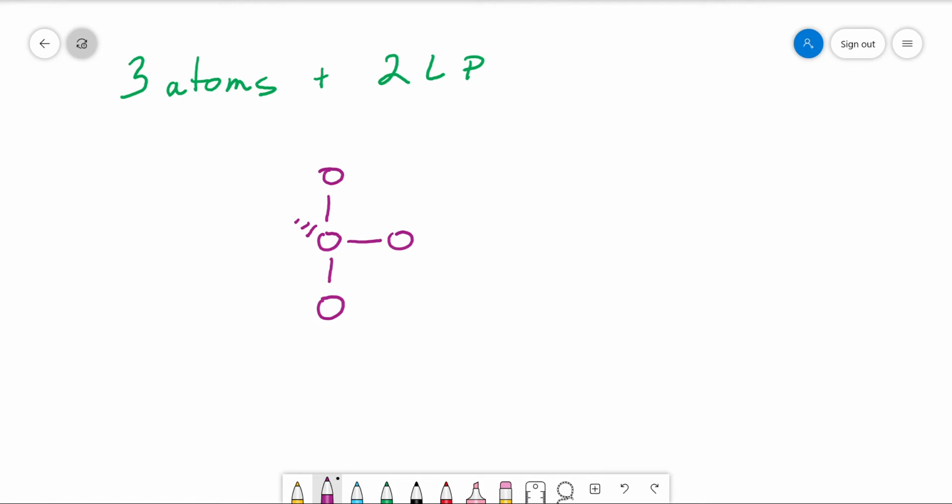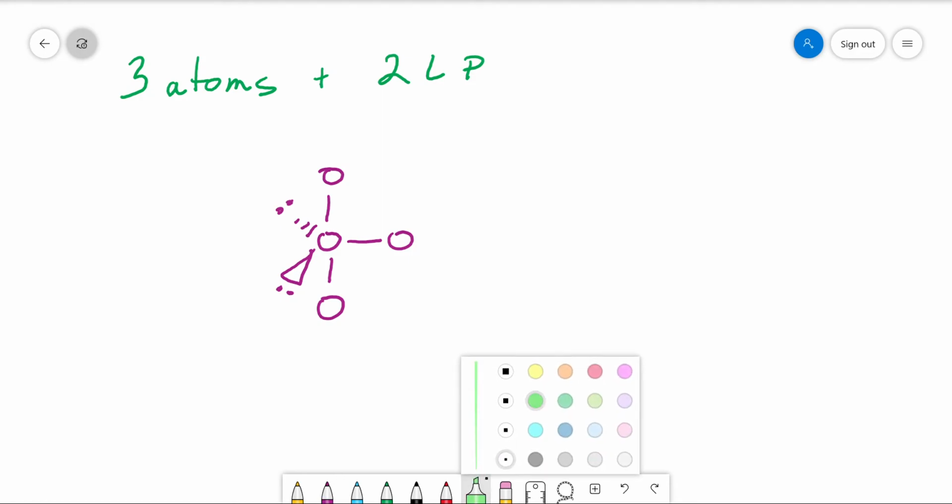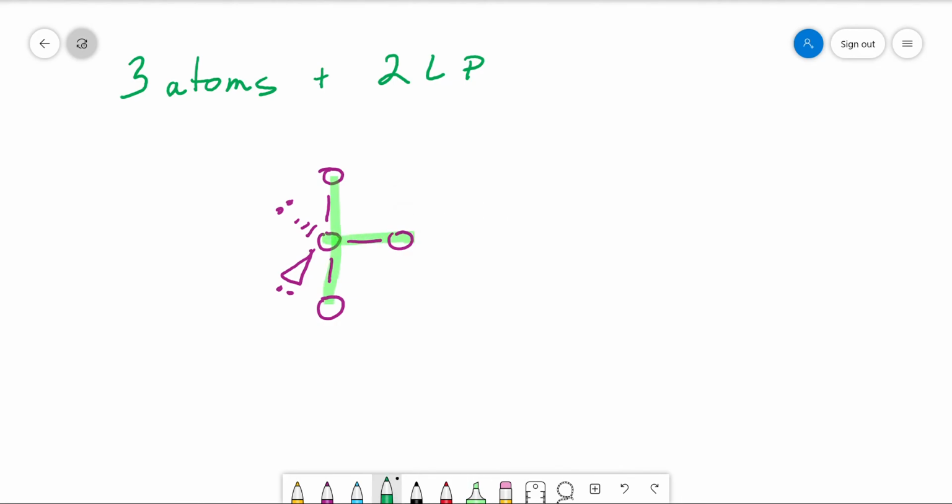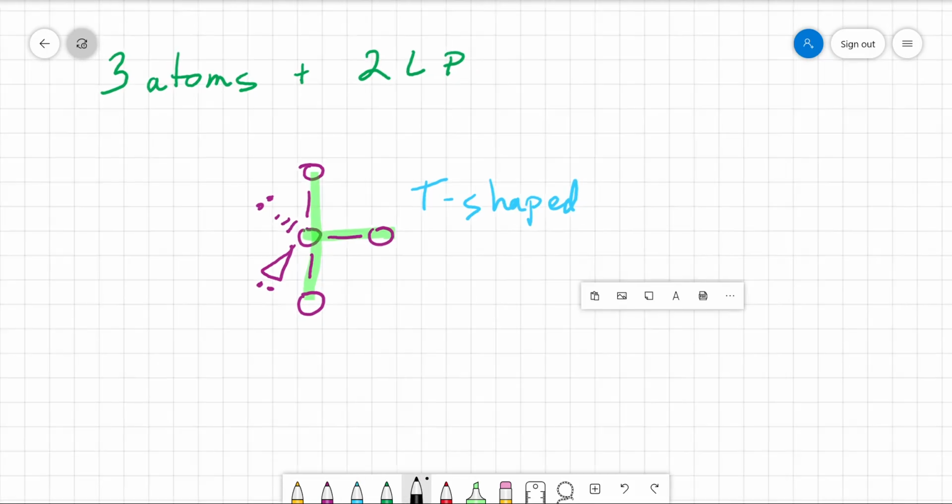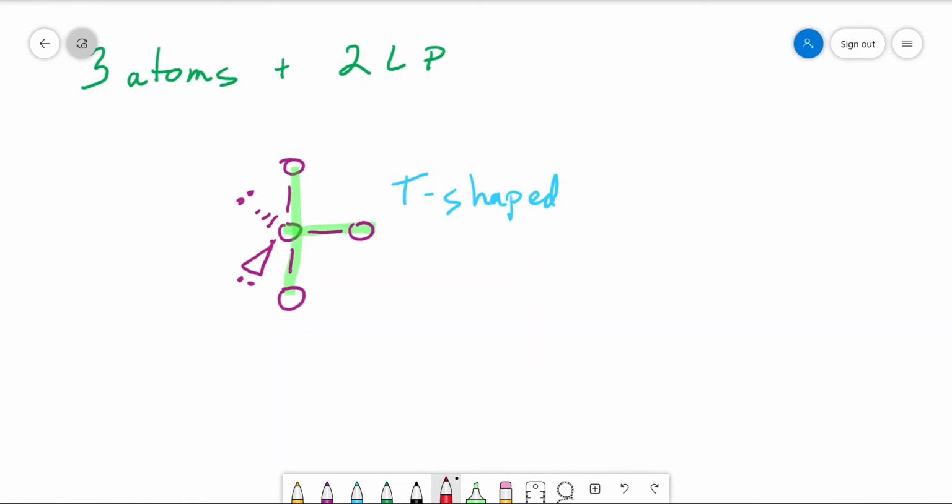I'm going to put them in these positions here. Yeah, those are the lone pairs. And the only reason is it makes it easier to see why this shape gets its name. This shape is very simply T-shaped. Okay. And an example of a T-shaped molecule would be